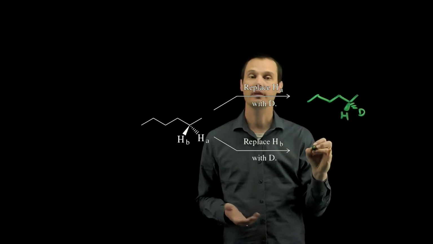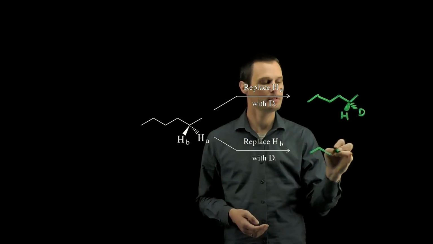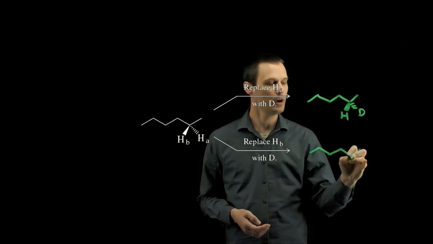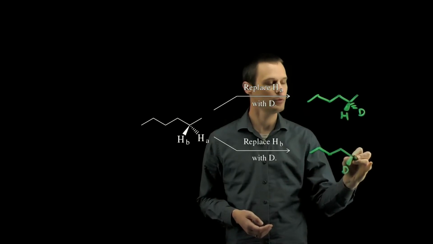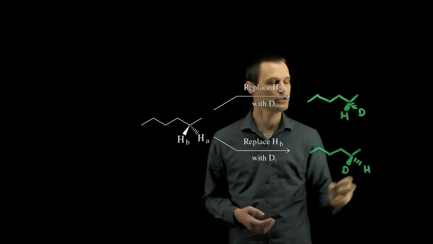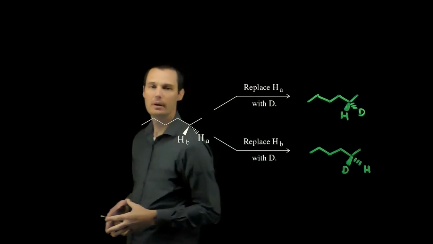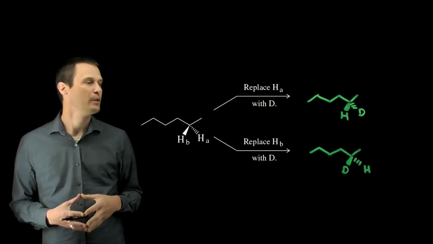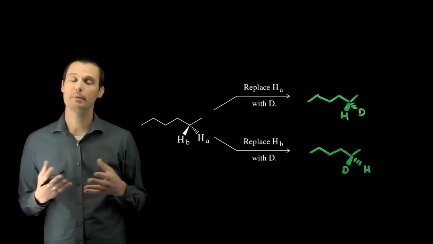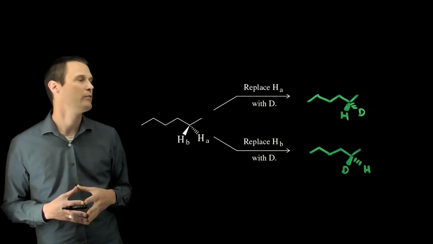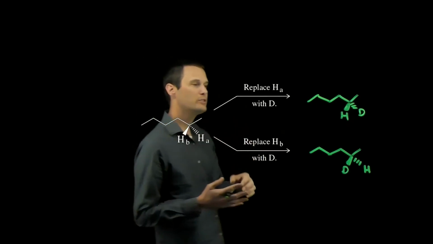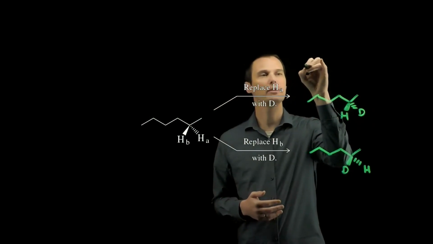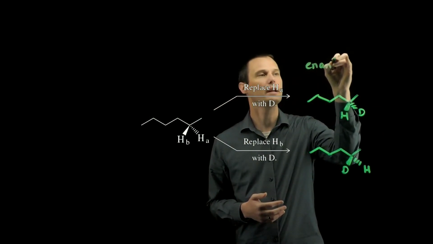If we do the same thing for the other structure, we again would end up with the same carbon skeleton, but on a wedge this time would be the deuterium replacing hydrogen B, whereas hydrogen A would remain on a dash. These are the products that would result from replacing each of these hydrogens. Deuterium and hydrogen are isotopes, but they are different from each other, so these molecules now have a stereocenter. The stereocenter has changed configuration between the two molecules, and so these molecules are enantiomers of each other,